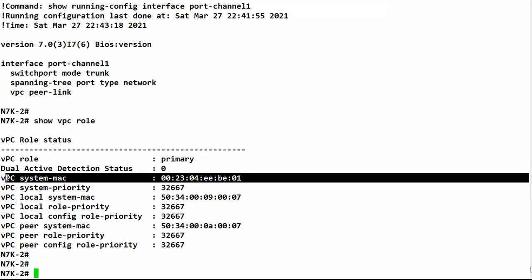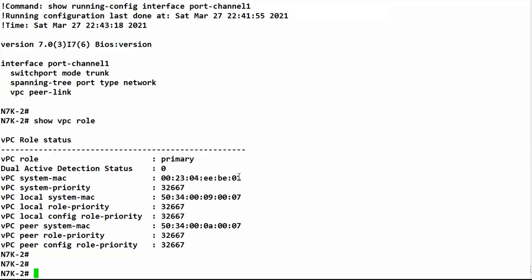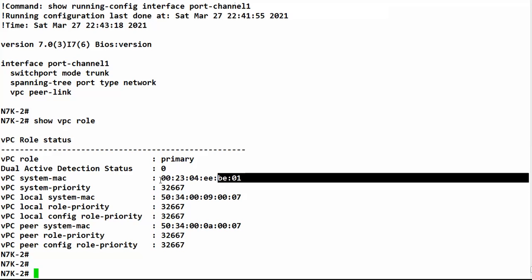So the VPC system MAC, as we discussed earlier also, is derived from the domain ID. You can see here that because we are using domain ID 1, in the end it is 01. So when you create the VPC peer link and both your devices have formed a VPC and decided the roles, this VPC system MAC is automatically created, and both the peer devices are going to use this VPC system MAC as a LACP ID as well to fool the downstream devices,